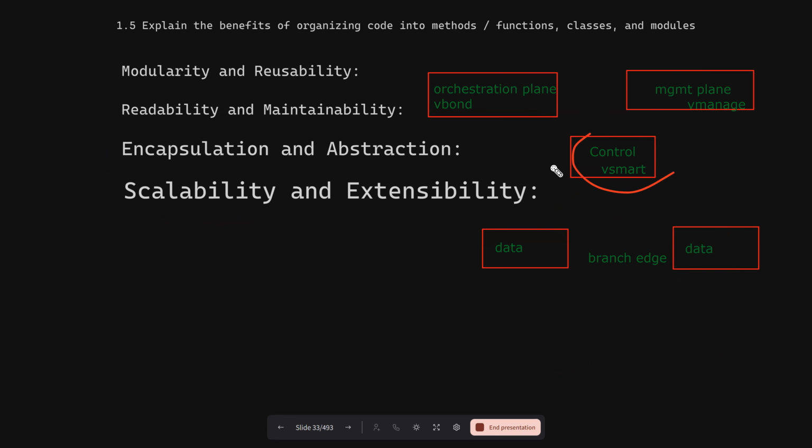They are independent bodies. Although they have dependency, they can still grow independently. At least I can add more vSmart, more vManage, more vBond, more data plane devices. And since they are part of the system, tomorrow if I have to add one more data plane device,